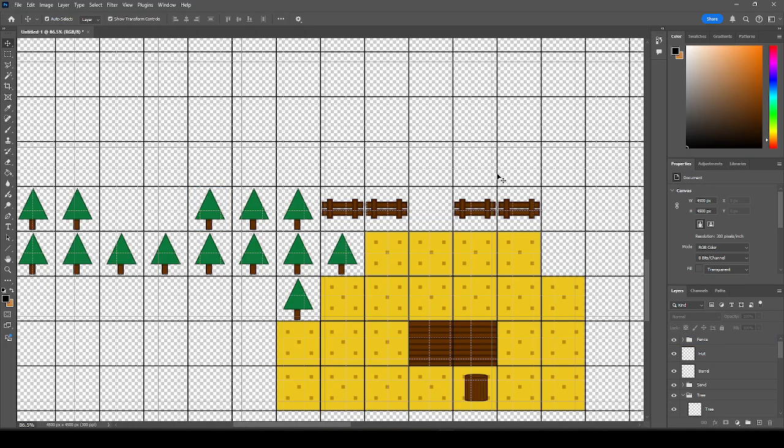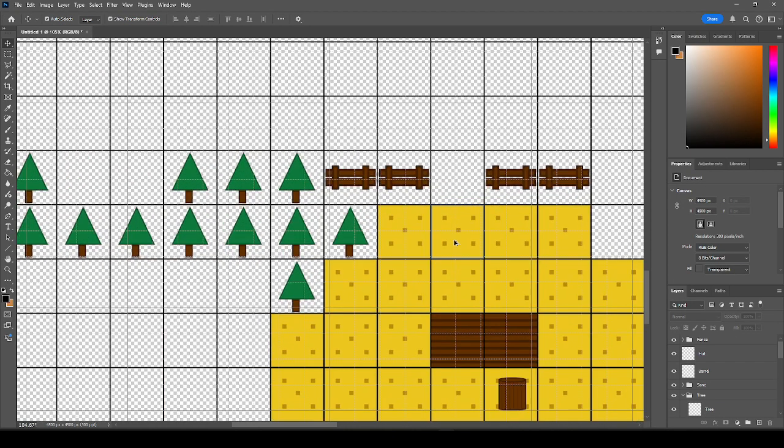Okay, we've got a fence in. That's the only fence in the game. So we're going to have a trigger point in here because basically